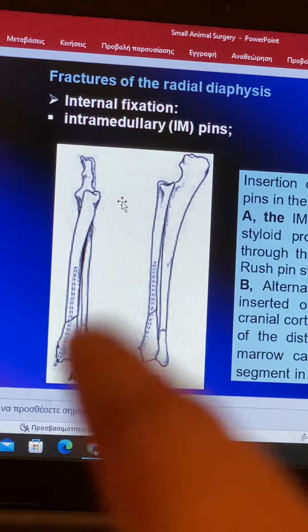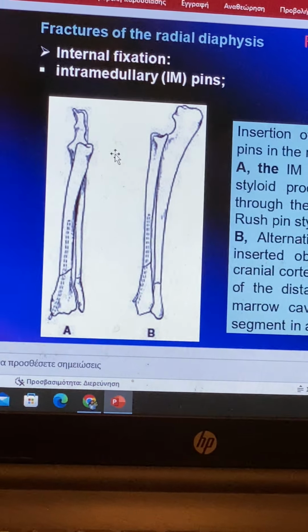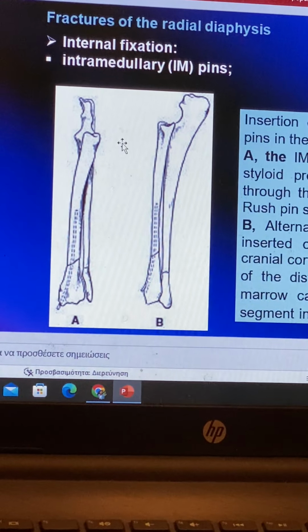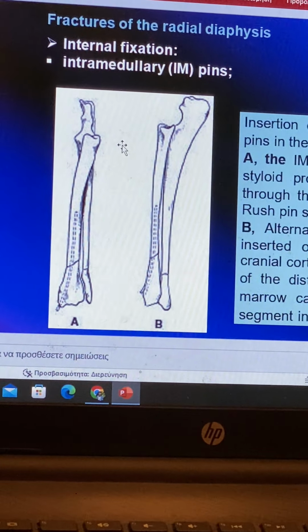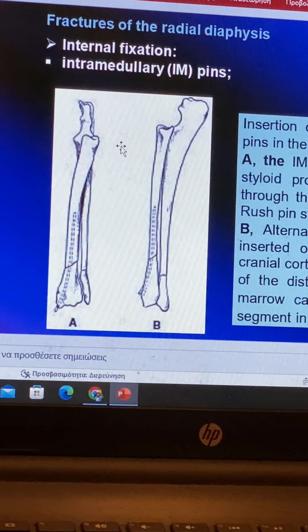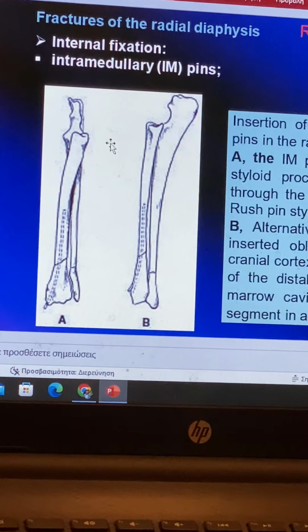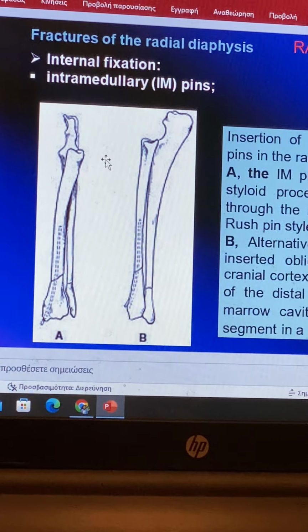just to say, so they'll just put screws in the radius and ulna if they're both broken together. If small fractures are not reducible, we remove them. The parts that are fractured, for example, we can remove them. We remove the bone fragments. If we have a transverse, straight fracture sideways,